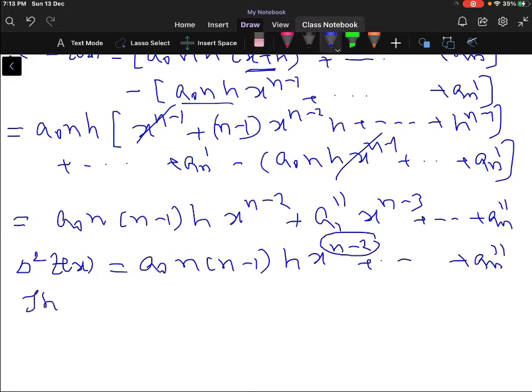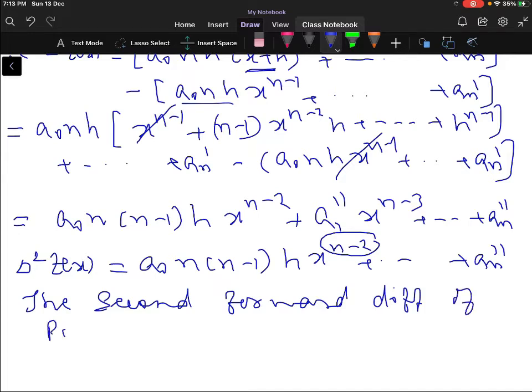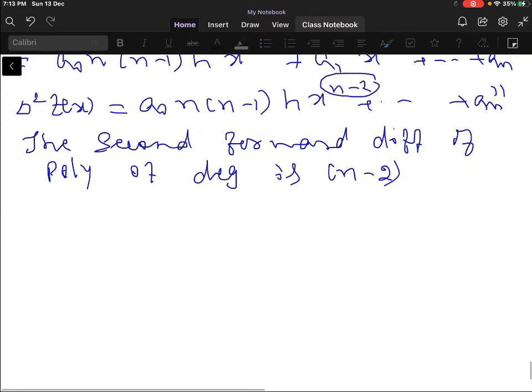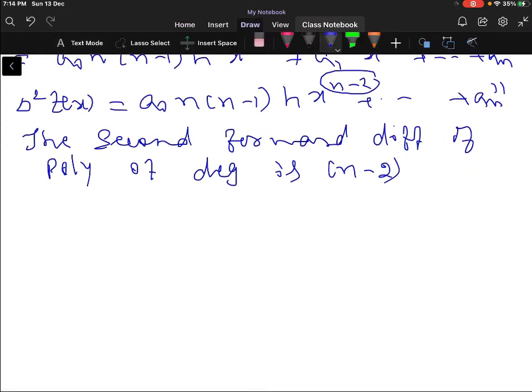Therefore, the second forward difference of a polynomial of degree n is n minus 2. Similarly, one can write